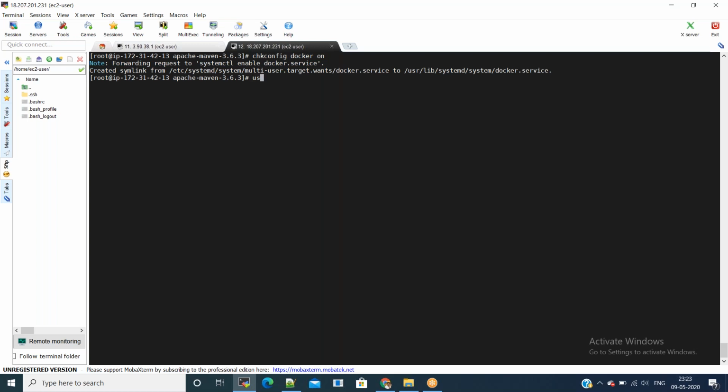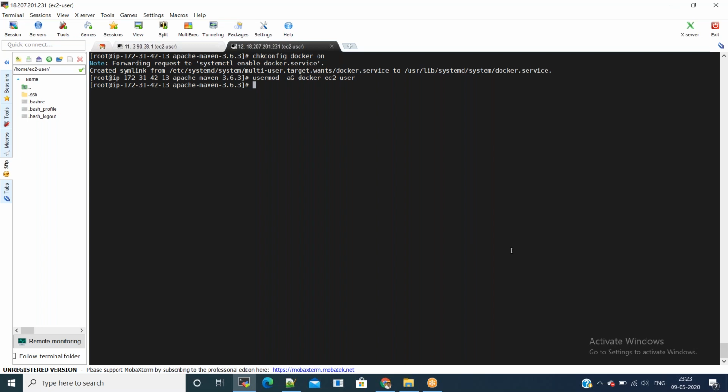Now we have all the base dependencies set. And finally, you need to add ec2-user to the docker group: usermod -a -G docker ec2-user. This is to avoid the permission denied exception when you are running Docker commands from the pipeline job. Now we have all the base dependencies.